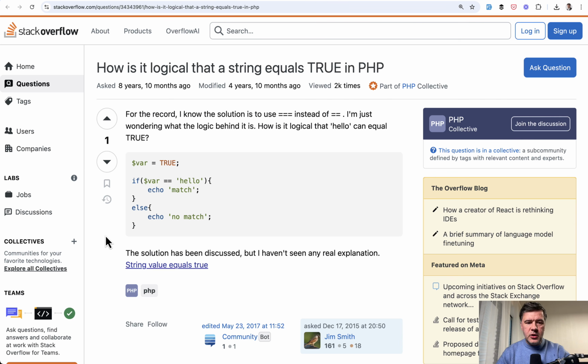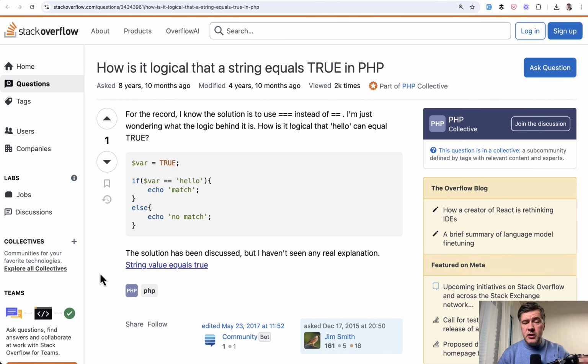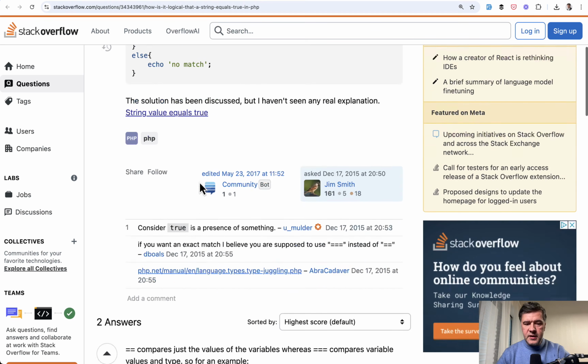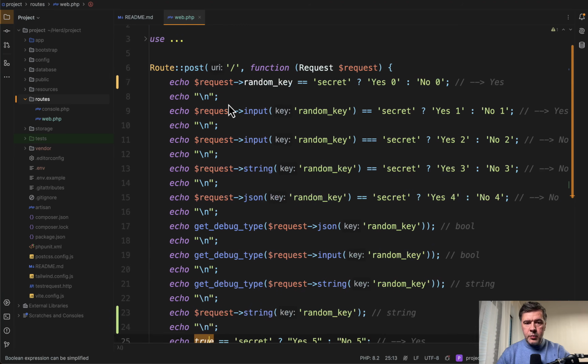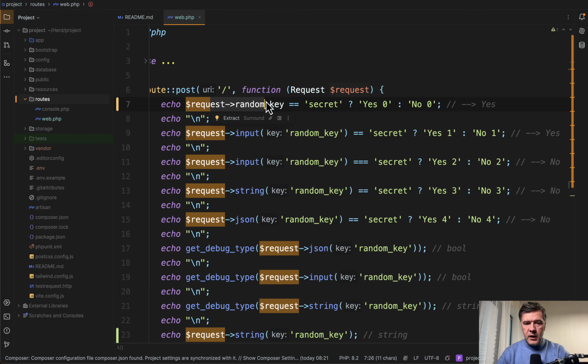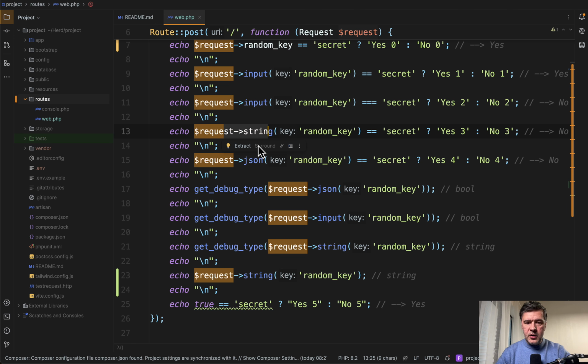I found a few discussion topics about that on Stack Overflow and other forums. So this one, for example, 8 years ago. So it's not a new problem. It's not about Laravel at all. It's about PHP, which basically is if you compare true Boolean to string, it will always return true. And the solution discussed, of course, is to use strict comparison instead of loose comparison. But also, the second part is not to use this. Instead of having request random key or request input, request string is probably the preferred way, at least in this scenario. Now, also I've tried another scenario with a get request.